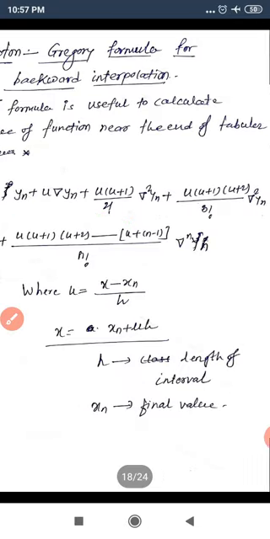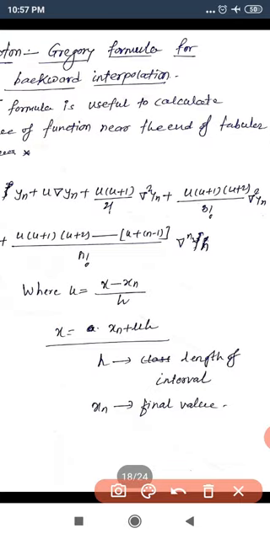Now again, u plus 1, u plus 2 upon 3 factorial del cube of yn, u plus 1, u plus 2, u plus n minus 1 upon n factorial del to n of yn. Now here u is equal to what? In forward formula